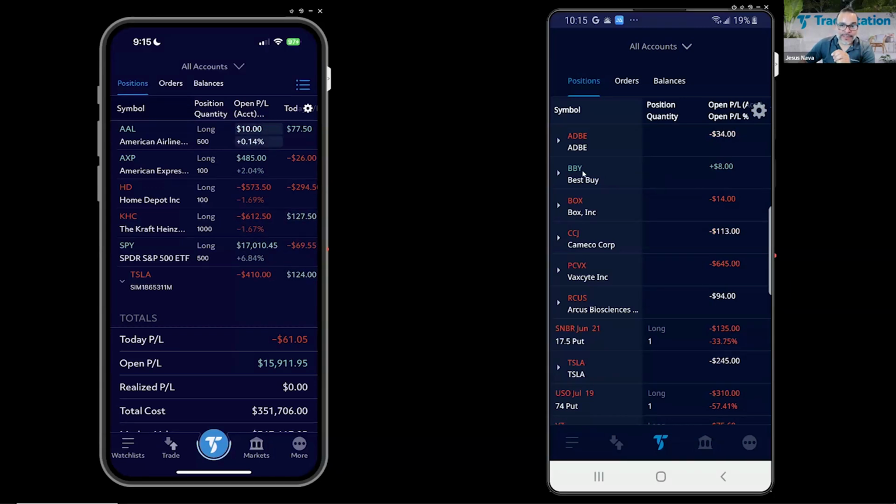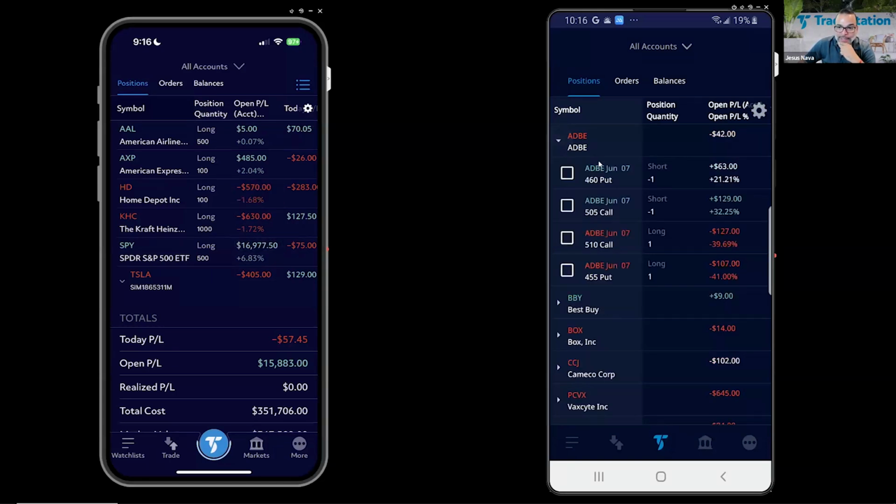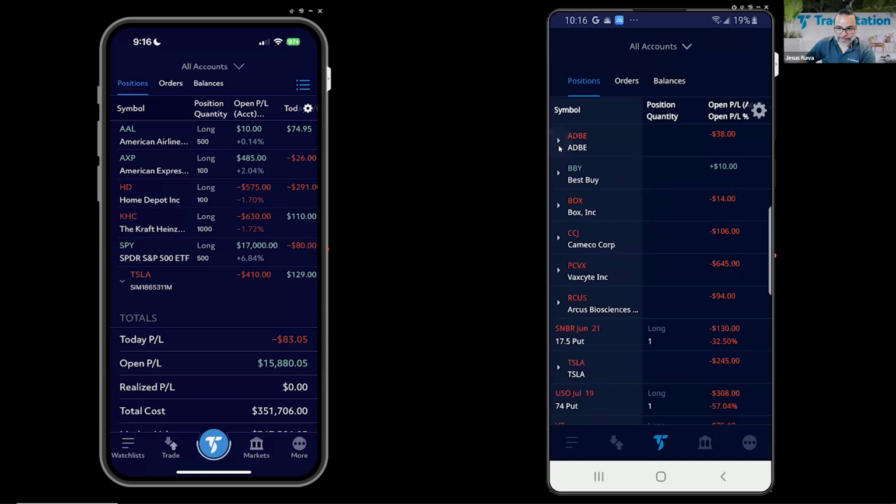it's probably because this underlying expands to show multiple positions that cannot be combined into one single position. So let me demonstrate. Let me open up Adobe, and I'm just going to tap that little caret symbol on the left-hand side, and notice that I tapped it, and you have 2 puts with different strikes, and then you have 2 calls with different strikes, and they all are different positions. And that's why we don't get an overall position size, because we have all these derivatives based on Adobe in the options category. Of course, if I click on that caret button one more time, it'll collapse,